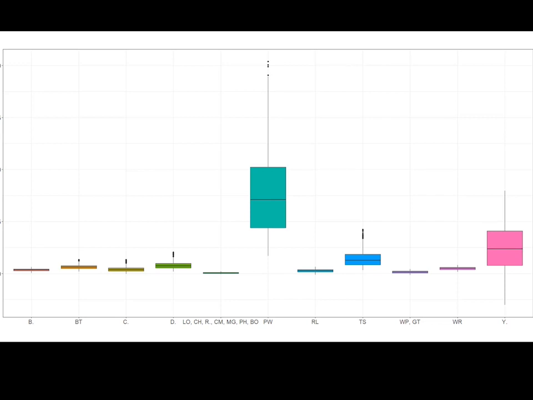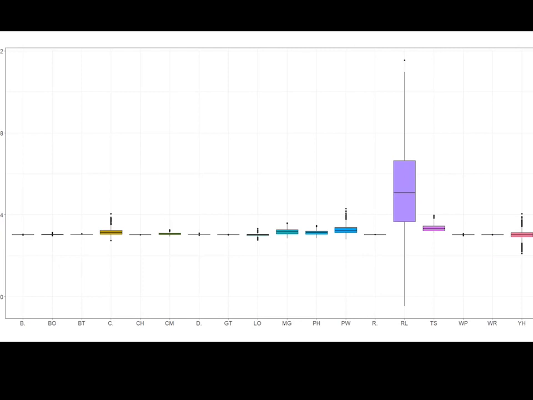So just for clarity, there's blackbird, blue tits, carrion crow, dunnock, all in there. Red-legged partridge, tree sparrow, wood pigeon, great tit, wren, and yellowhammer. So now, if we take this same area, so this is still the biosecurity risk, and now I've added in the avian influenza risk metrics.